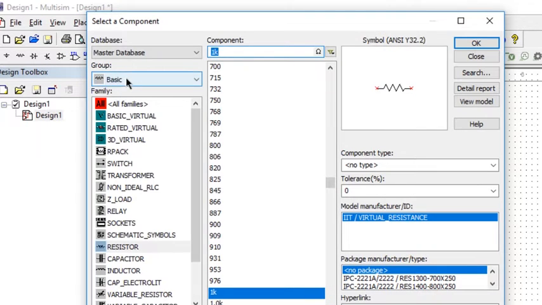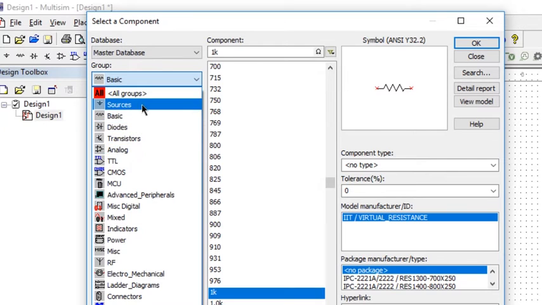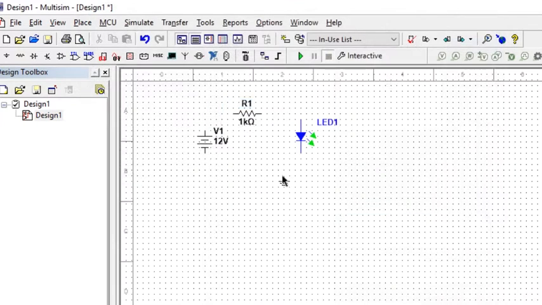A ground connection is always required to complete a circuit. Let us connect the wires to form the circuit and to make it closed. The voltage source positive is connected to the positive leg of the LED, in order to make it forward biased, or in short, to make it work. Now, we have a working circuit to make the LED glow. Let us run the simulation. We can see the light arrows from the LED, showing it works.